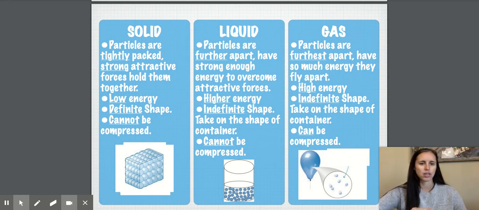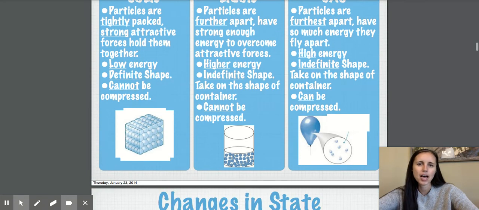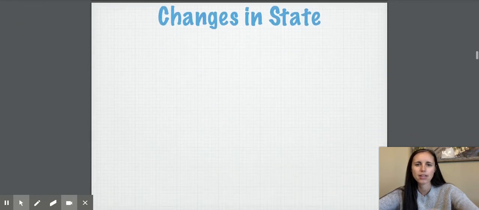For example, if you're looking at a metal, like in scissors, it's always going to look like a solid. I can add an incredible amount of energy to that metal and melt it, turn it into a liquid. I can add even more energy to that metal and turn it into a gas. Because it requires so much energy, thousands of degrees, you don't typically see it in everyday life, so you don't think about it happening. So let's look at these state changes and see how much energy is required to lose